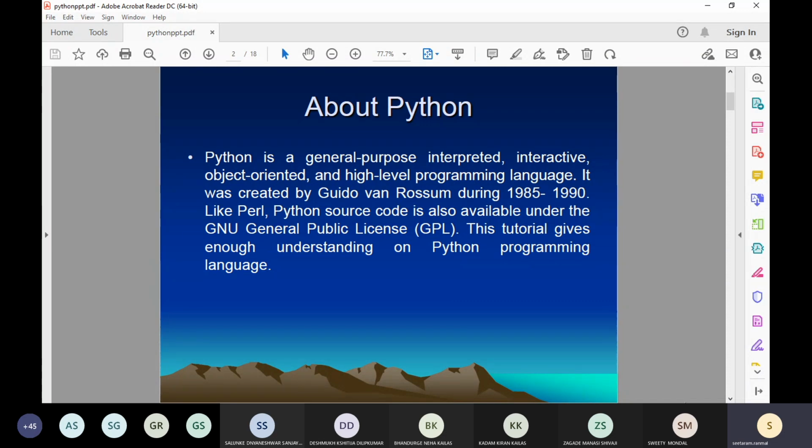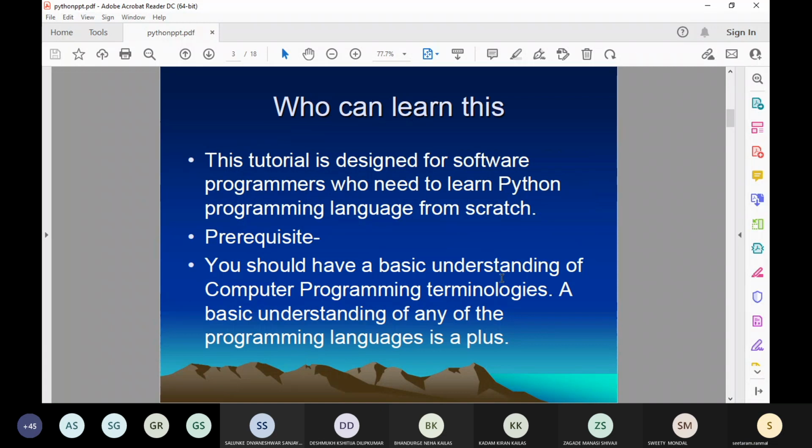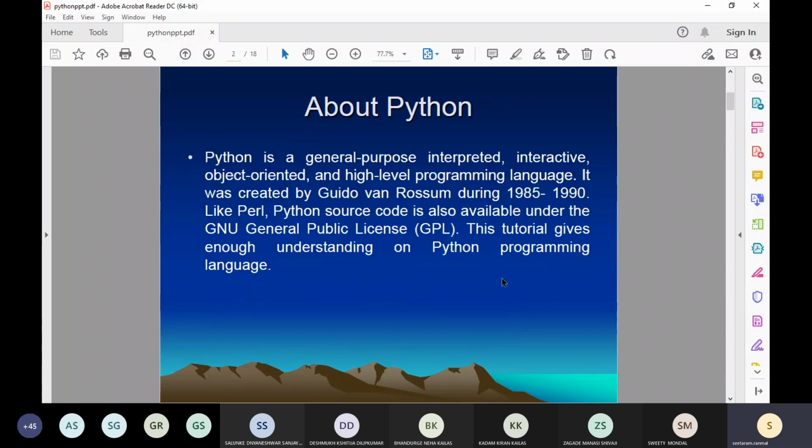Someone can go on Google and type 3D CAD. They can understand which kinds of software are there. So the third thing is it is dynamically typed. Dynamically typed means